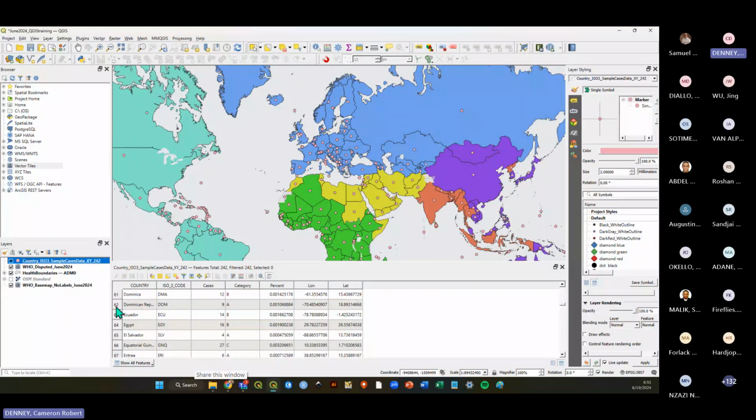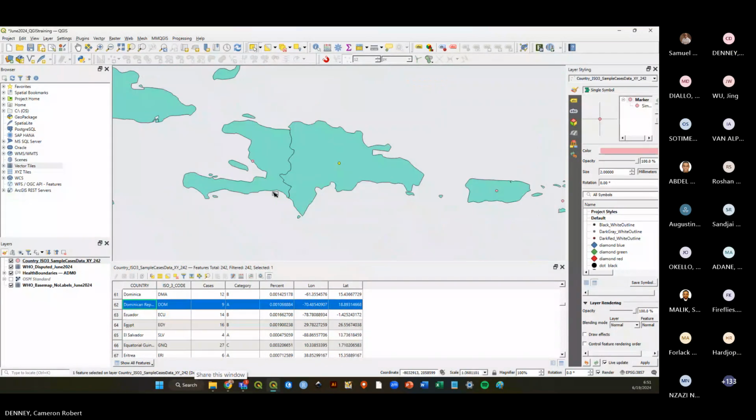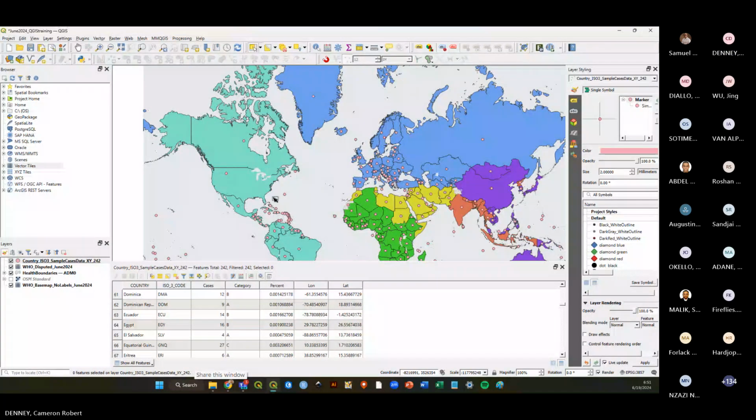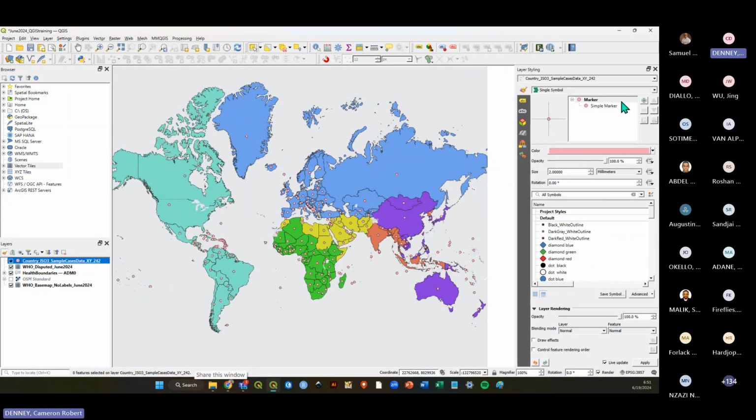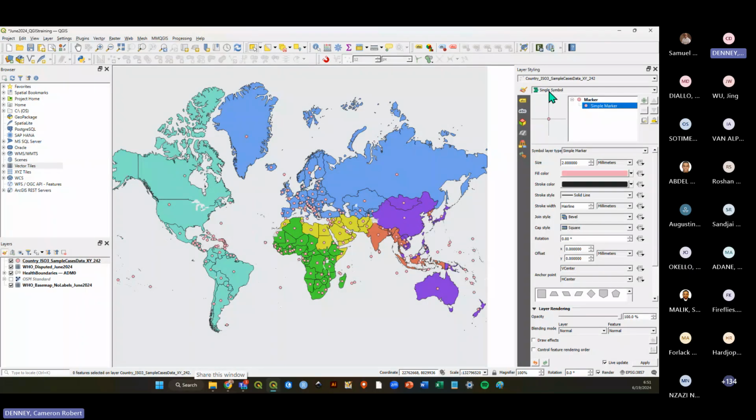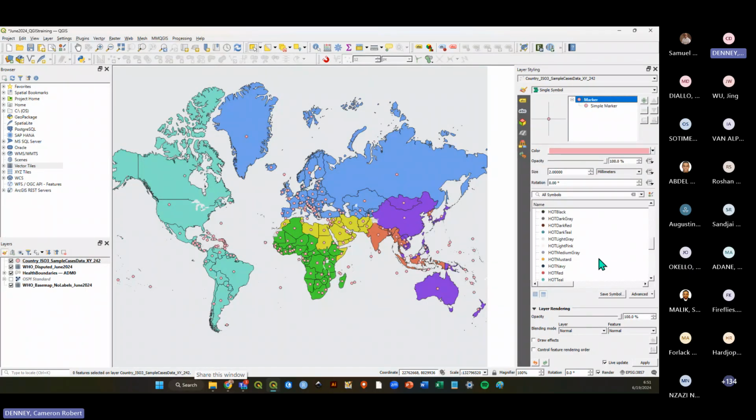You can see how points connect to a row in the table. And of course, you can change the style. So you can change the colors, the size, and the symbol for these points. So take a moment just to explore this new layer,